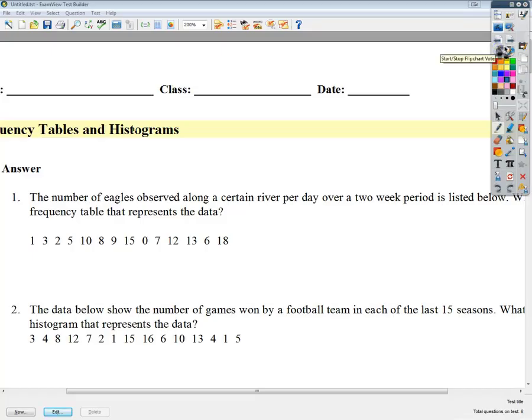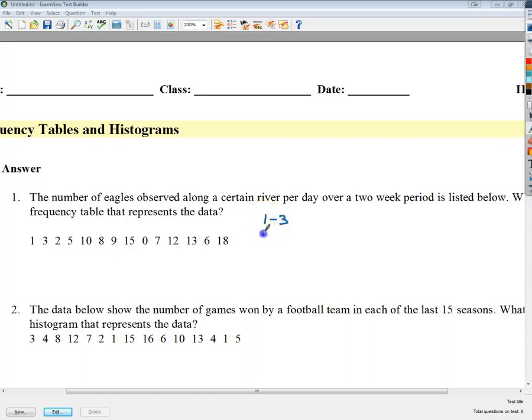So the first one says that the number of eagles observed along a certain river per day over a 2-week period is listed below. Make a frequency table that represents the data. So I'm going to look, and I see that the numbers go from about 1 to 18. A reasonable number of groups would probably be 5 groups, or we could do 6. So if I wanted to do 6, I'd do groups of 1 to 3, 4 to 6, 7 to 9,